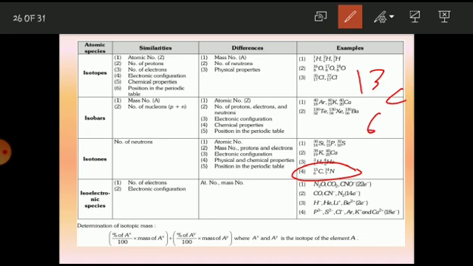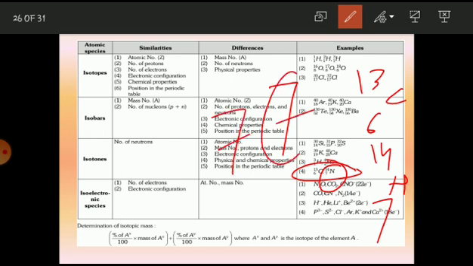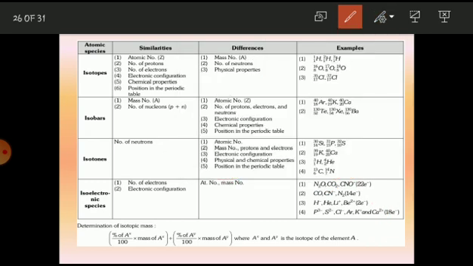Even you can consider the bottom example, carbon 13 6. So 13 minus 6 is how much? 7. Then the second one, nitrogen 14 7. 14 minus 7, it is also 7. So the number of neutrons in both the cases is same, and such type of species are called isotones. If the number of neutrons are same but the atomic number is different, it is called isotones. Even the mass number is different, and protons and electrons are also different, so such type of species are called isotones.